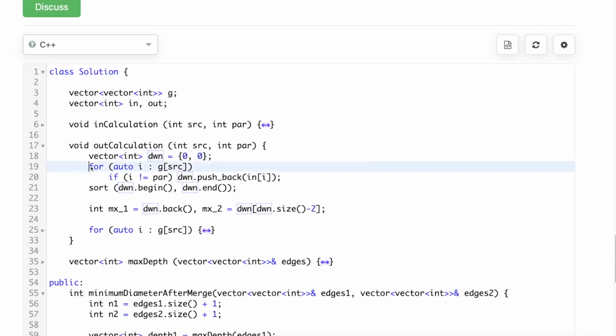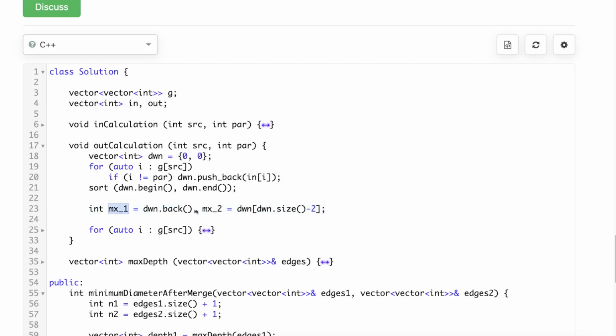So we go to all the in nodes. Notice that all the in nodes, we are not skipping anything here. We sort it out, then we figure out the first max and the second max, right? Why are we at 2 zeros? I would leave that as an exercise. That is simply because we should not get index out of bound exception from here. I think 1 0 would also work, but anyways,